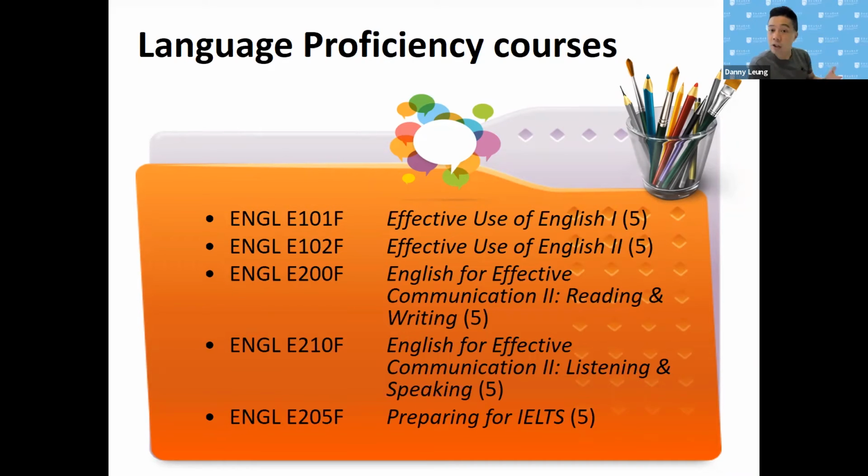And the second reason is that the validity of an IELTS test result is only 2 years. So if we asked you to do this IELTS course in year 1 or year 2, by the time you graduate your IELTS result would have expired already. That's why, because of this time concern, we set this course in either year 3 or year 4. It's one of the English proficiency courses. What else do we have?